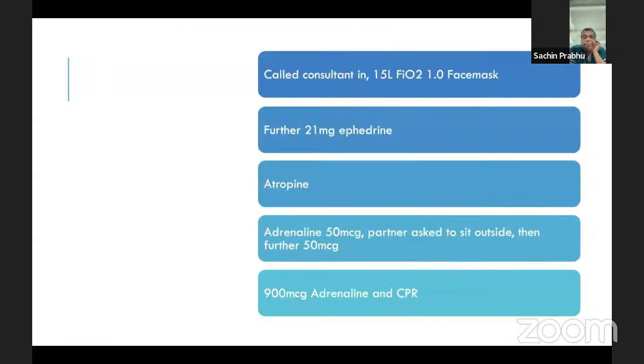Next slide, please. So this was a senior trainee anesthetist. He called the consultant who was just next to us. We've got five theaters next to each other. So within seconds, a consultant came in, and as you would normally, put some oxygen up, bring the blood pressure up, atropine. Because the blood pressure didn't come up, some adrenaline was given, and this slowly moved into the next phase of basically a PE arrest, actually. Next slide, please.